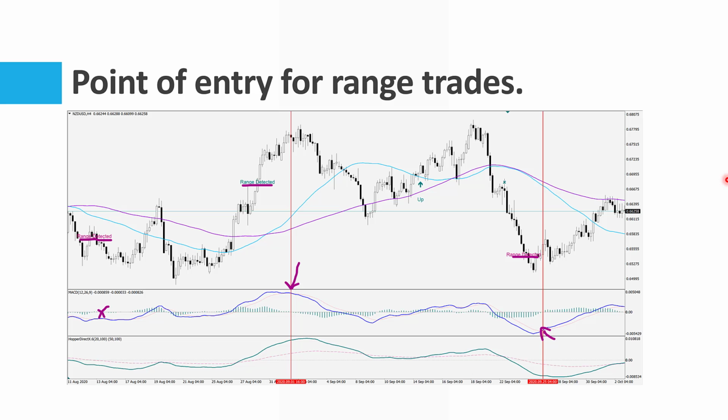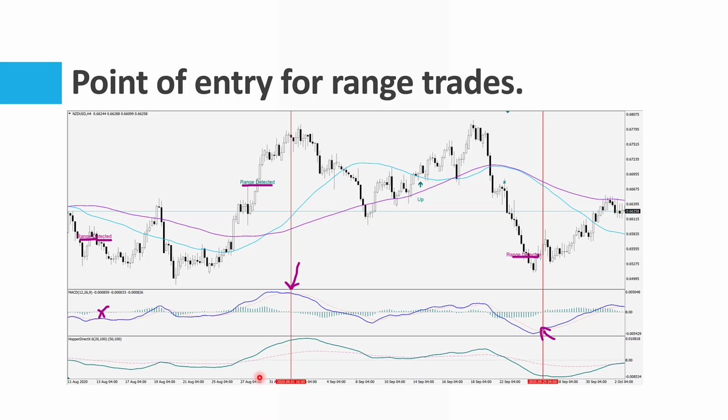Okay, so just a few quick pictures to show you what some of that looks like. So points of entry for range trades. We'll talk about that one first. Basically, when it's on, this is a 4-hour time frame chart, and when you get the range detected signal, what